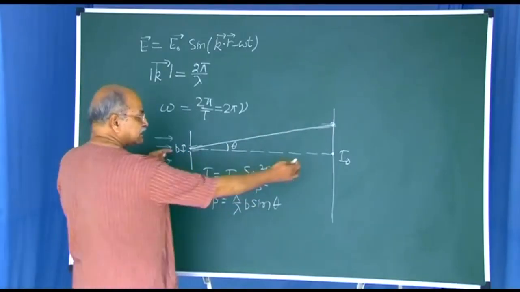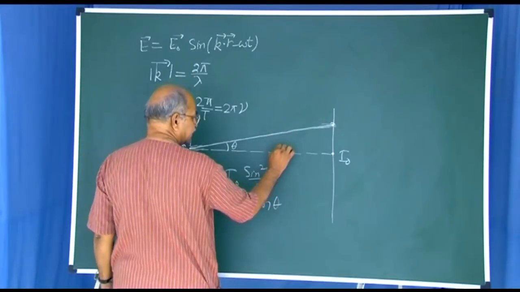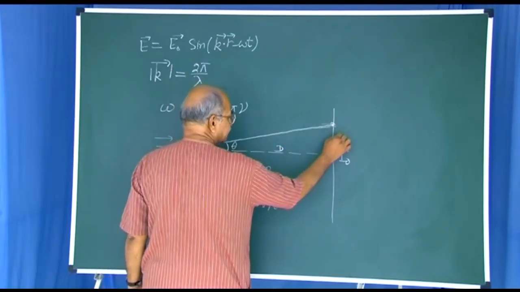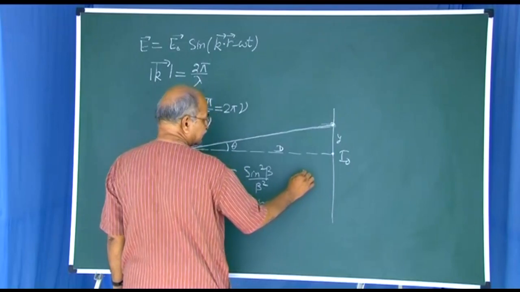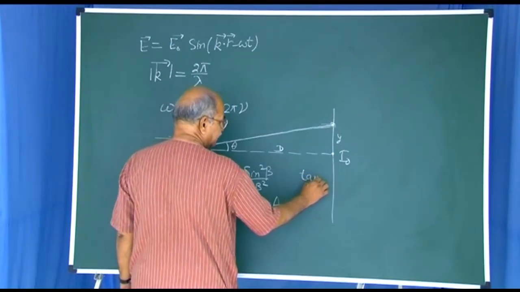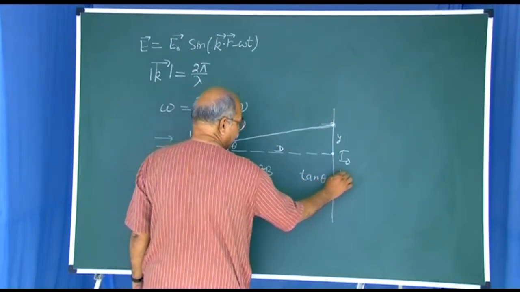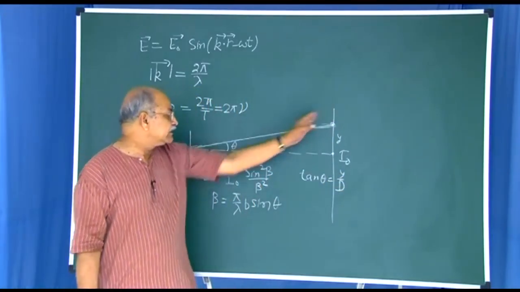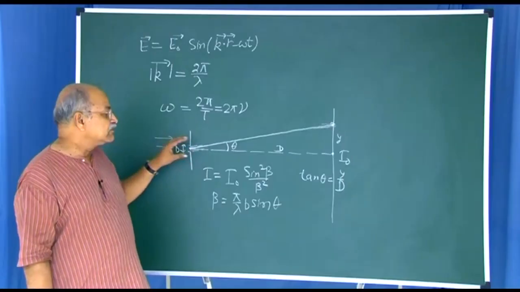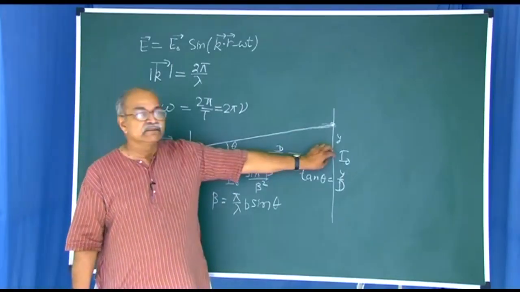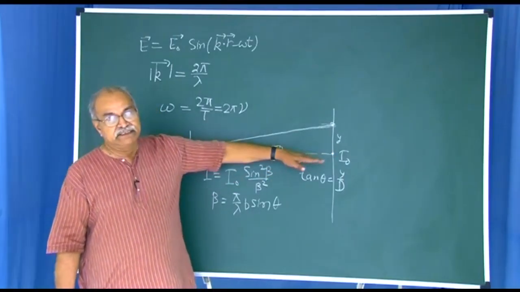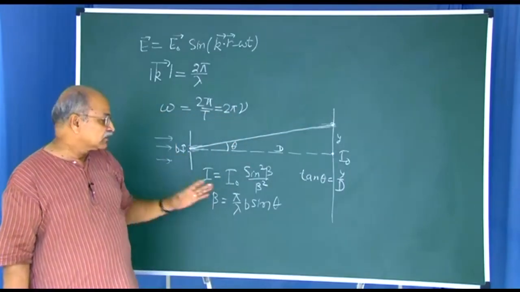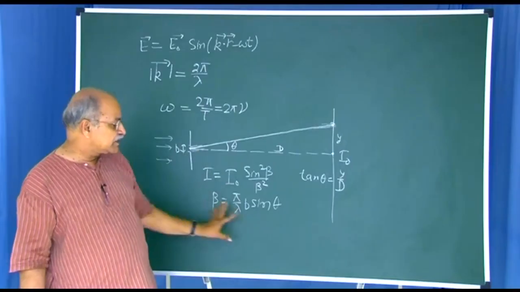So, if this distance is large and is say capital D, and this distance on the screen here is y, then you can say tan theta is y by D. So, with each point on the screen there is a theta. Theta equal to 0 means you are looking at the central point, and then different thetas mean different points on this screen. So, that is the equation.